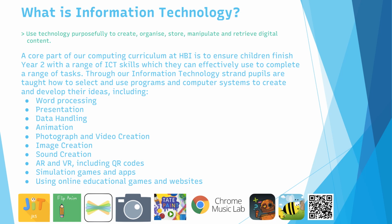As they progress through Key Stage 1 and into Year 2, children will have experience of using several different software packages, and they will be encouraged to select software that they believe will be the most appropriate for the task they have been set. At Hunters Bar Infants, your child will learn about and develop IT skills in a range of areas, including word processing, where children will develop their keyboard skills; presentation software, combining text, images, audio and more;